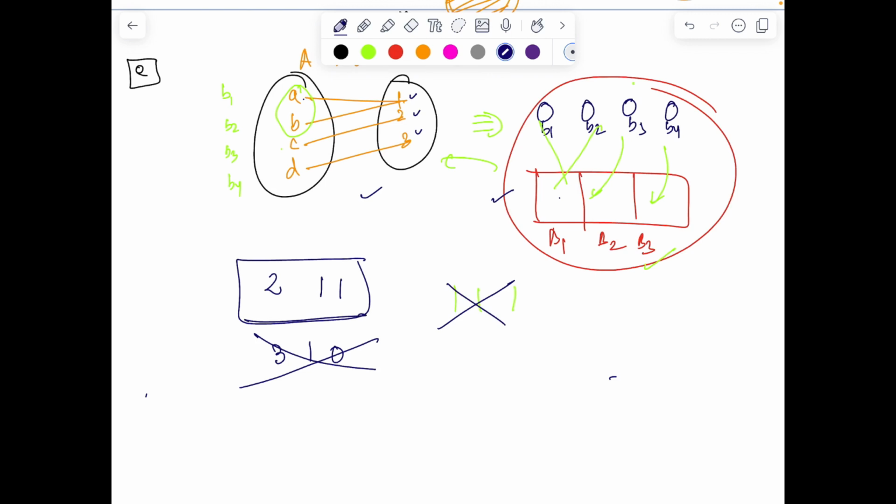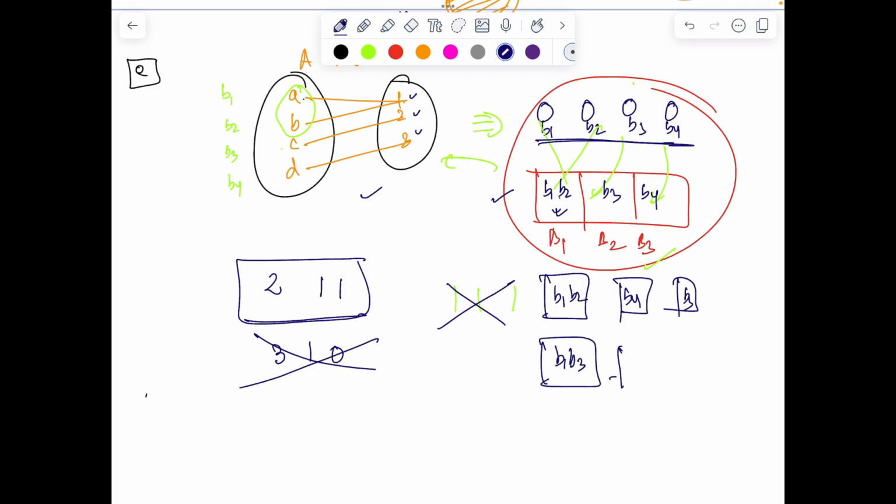So minimum I have to keep 1, 1, 1 and in any one of the box 1 extra ball। So the only possibilities of distribution of balls is 2 balls, 1 ball and 1 ball। अब कौन सा 2 बॉल इस बॉक्स में जाएगा, ठीक है। तो ऑफ कोर्स ऑल द 4 बॉल्स आर डिस्टिंक्ट, सो इट माइट हैपन लाइक b1, b2 इज इन फर्स्ट एंड देन b3, b4 और b1, b2 इज इन फर्स्ट एंड देन b4, b3 और इट माइट हैपन लाइक b1, b3 एंड b2, b4। तो ऐसे करके वी कैन काउंट दिस, ओके।